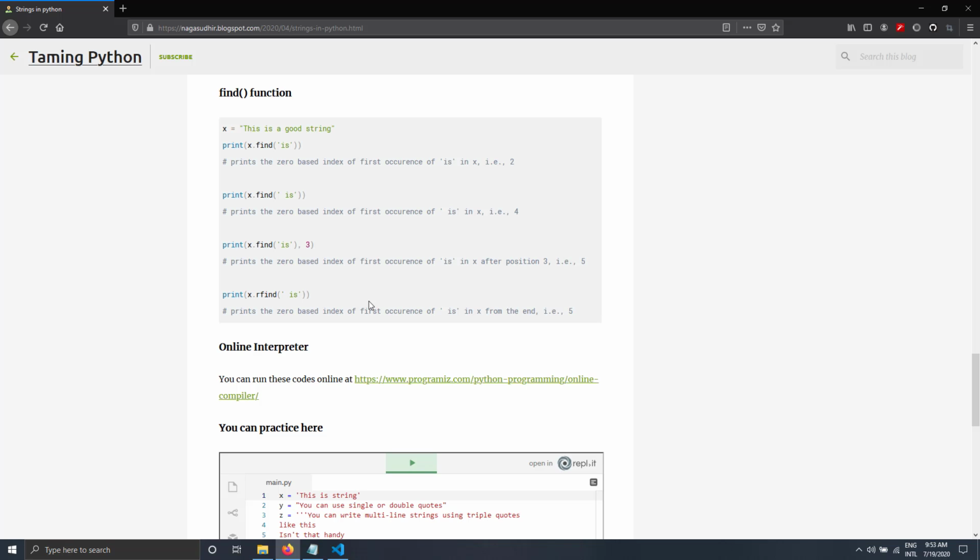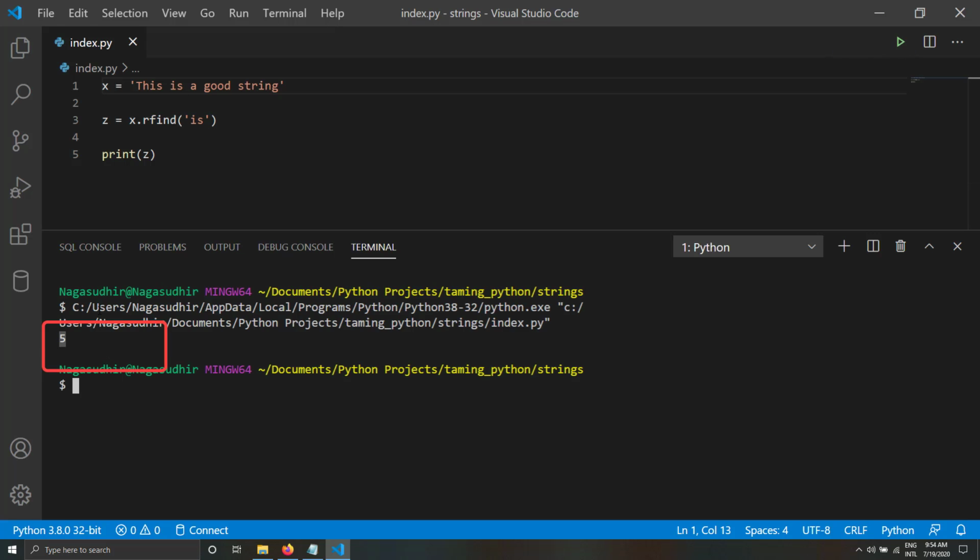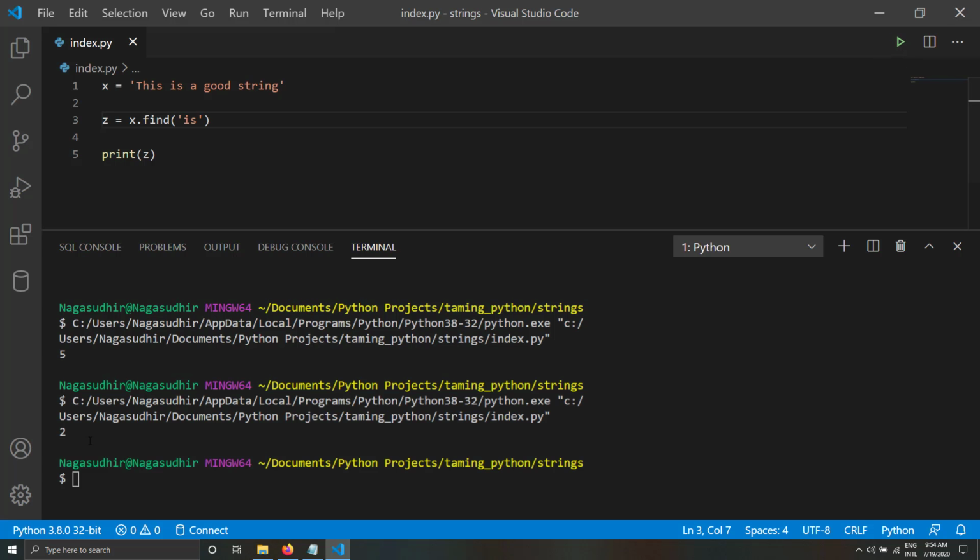And one more very useful variant of find is rfind, which finds the character from the behind. Let me try to find from the behind using this rfind, and I'll just try to find is from the behind. So the first occurrence from the reverse is here only, so I should find index as 5. So let me try to save it and run this. You can see 5 because is can be found first here if you search from this direction. That's why the index of is when you do rfind is 5. But if I do index of is from find, it will be 2 because if you search from here, it occurs first here. So that's the difference between find and rfind.